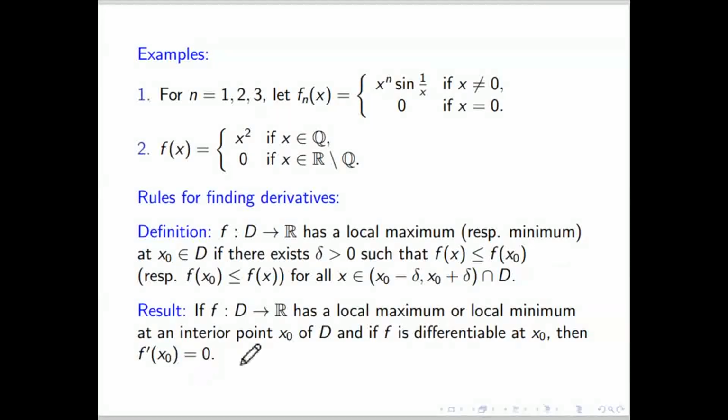So there are two things you have to remember in this result. The first is that whatever method we have, the derivative and double derivative, is applicable only at the interior point. It will not give any information about the boundary. At the boundary it can be maxima or minima, and you have to check separately. The second is that if the function is not differentiable, then we cannot say anything. So we can apply the first derivative test or second derivative test only at an interior point and only for a differentiable function. I hope it is clear to everyone.